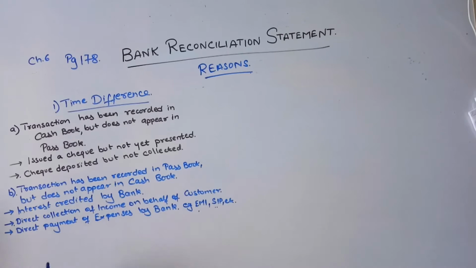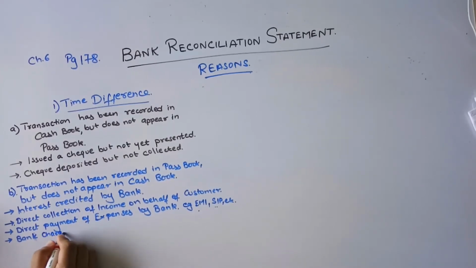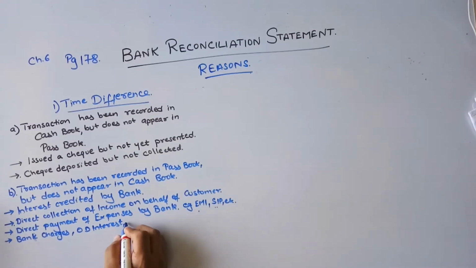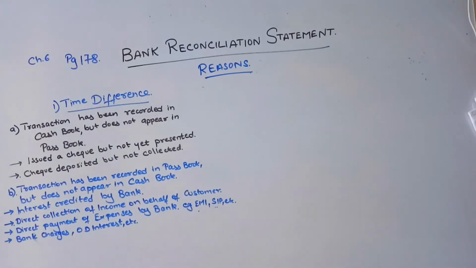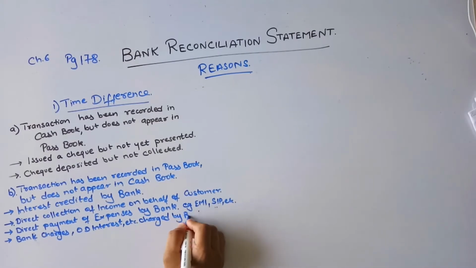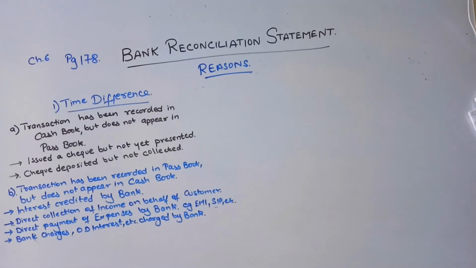Next, you have your bank charges, or your overdraft account interest. You have taken some bank OD from the bank. You have availed some overdraft, and the interest gets debited every month. That interest gets debited automatically by the bank. So that is being charged by the bank. These are some of the expenses that are being charged by the bank, directly debited by them.